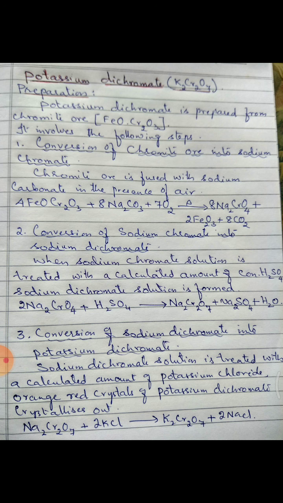Potassium dichromate preparation is very, very important for the exam. This will be asked for 3 marks. So each step carries 1 mark. Here balanced equations you have to write. Balanced equations are very, very important. If you make a mistake in one step, you will lose the 1 mark for that step. So you have to learn and practice writing the balanced equations.